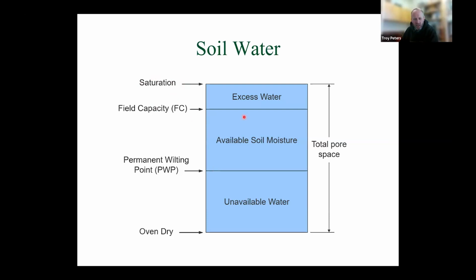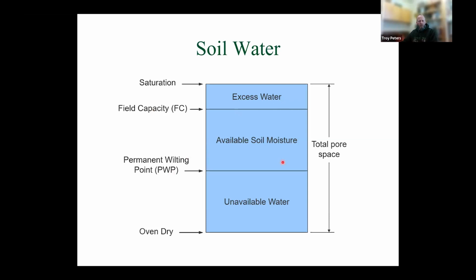And then as it dries down, you'll get to what's called permanent wilting point. There's still water left in the soil, but it's unavailable to the crop because it's held so tightly by the soil. And the pathways for that water to move from the spots in the soil where it's held to the roots get so tiny and thin that it just can't get there anymore. And so when we do irrigation management, we manage the soil water content between field capacity and the